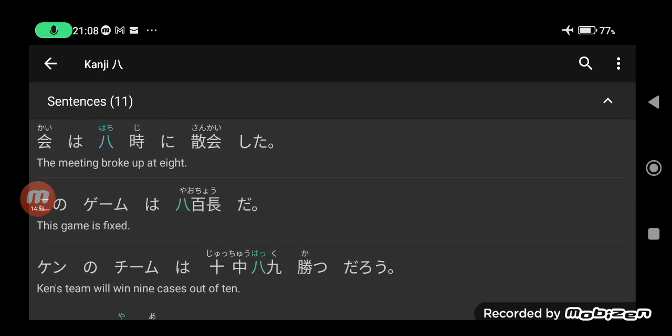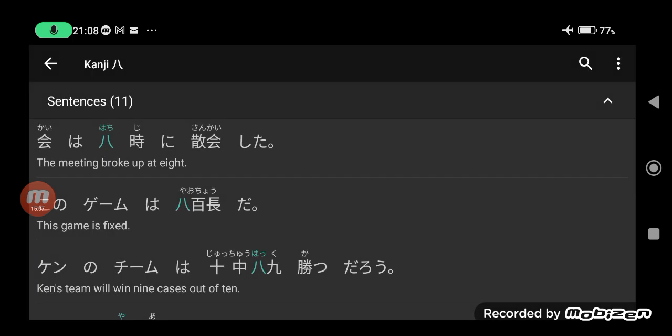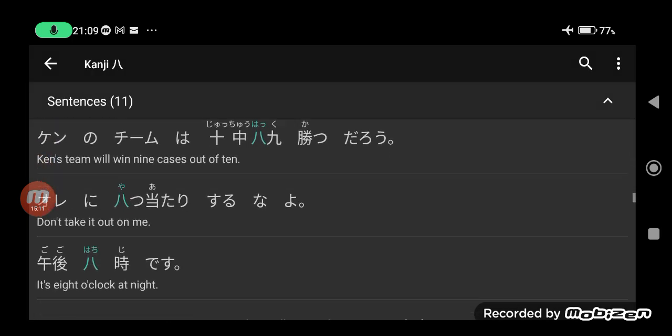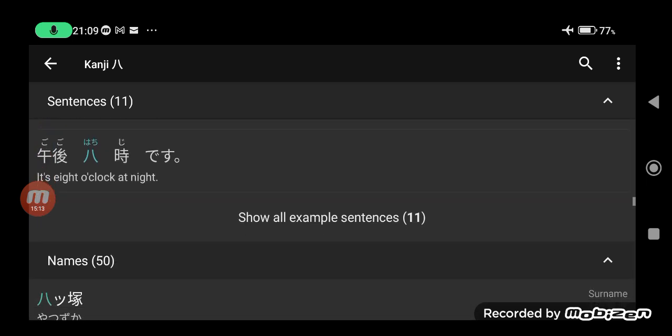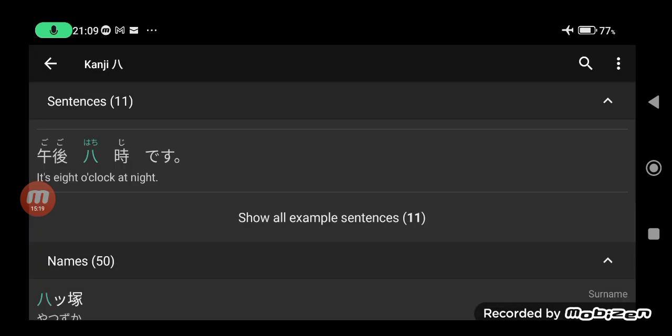The meeting broke up at 8. 会話8時に3回した。The meeting broke up at 8 again. It's 8 o'clock at night. Gogo hachiji desu. 午後8時です。